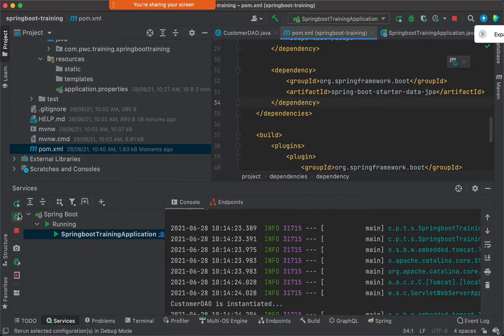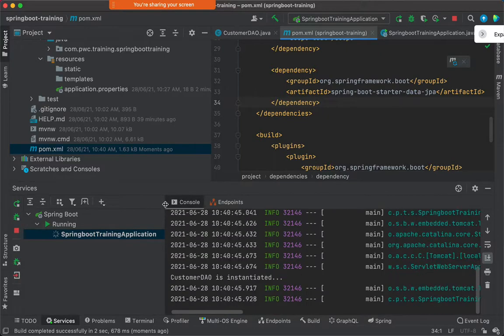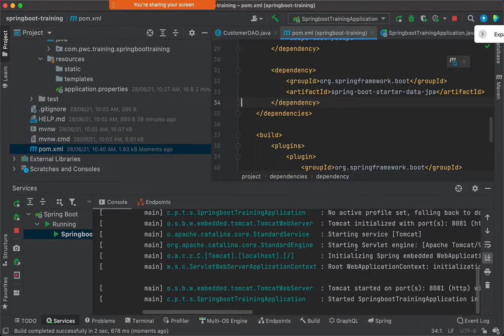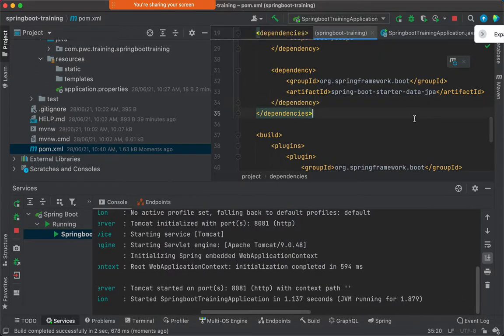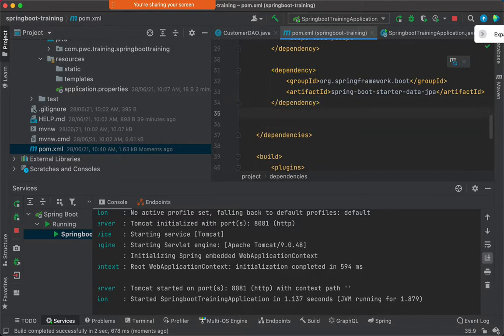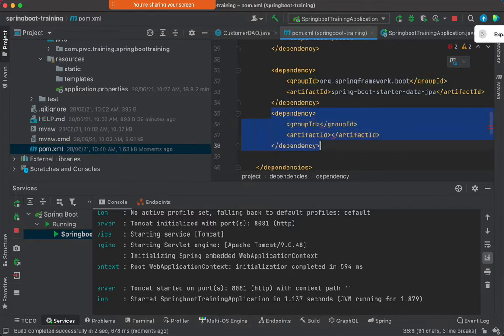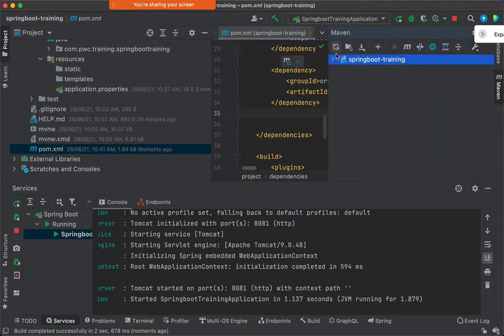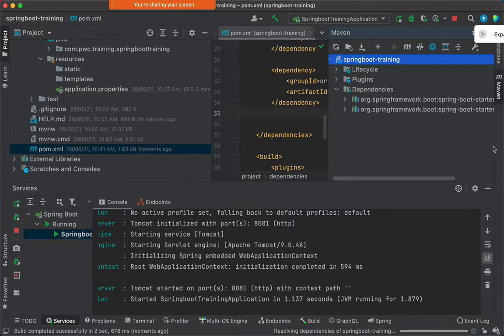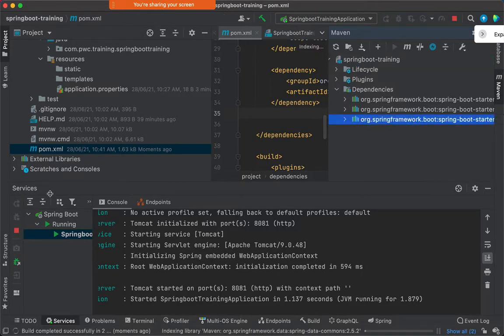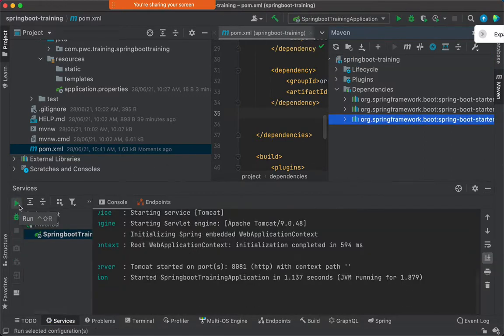That's it. And now when I run my application, it will give me an error saying that you have not configured the data source. Now listen to this very carefully. Okay, it did not give me that error, maybe because I have not configured the MySQL data source as well. You are right, thank you so much. I must go to Maven and refresh this, correct? Yeah, because it had not yet come in. Okay, here you go. Now I will close this and run this once again.